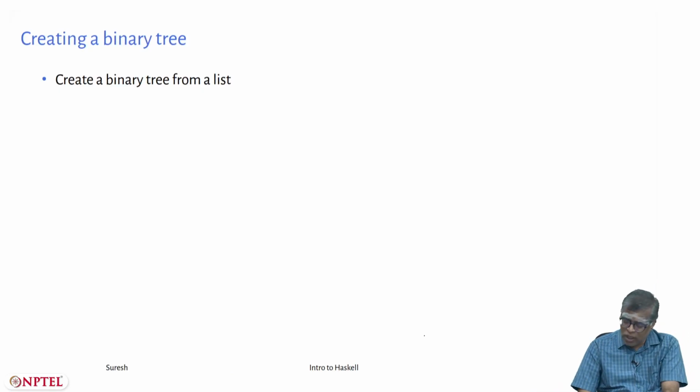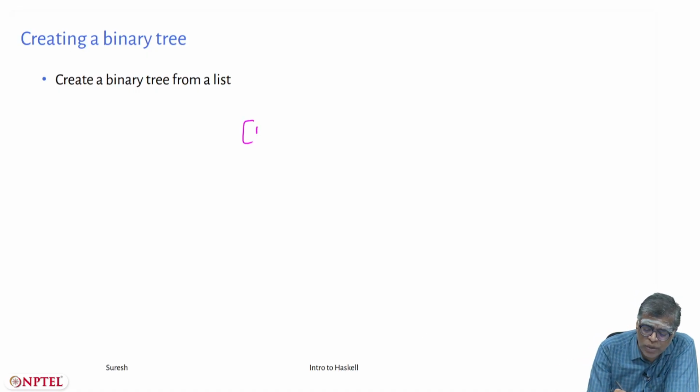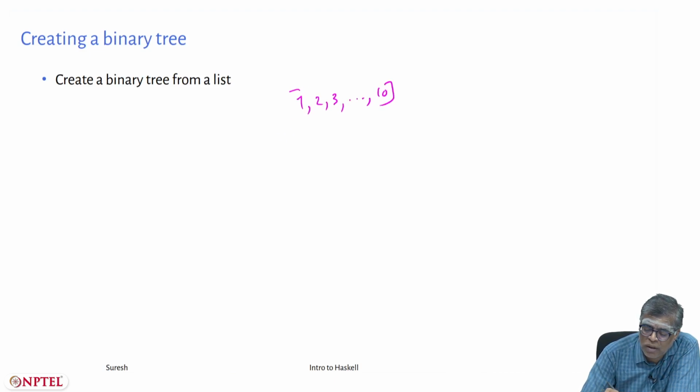And while we are at it, right now there are no other constraints, but I will put one constraint. If I have a list, let's say 1, 2, 3, I could have formed a tree with root 1, right subtree 2, or to give you an even more dramatic example, if I have 1, 2, 3 dot dot dot 10, from here I can go to 1, 2, so left subtree is empty.